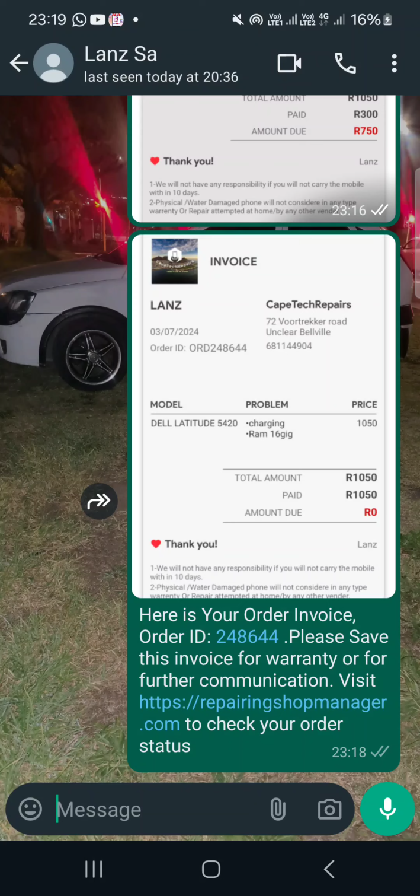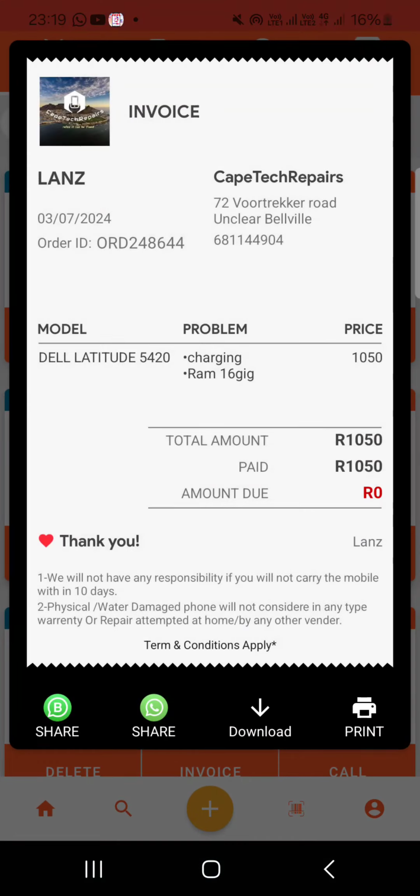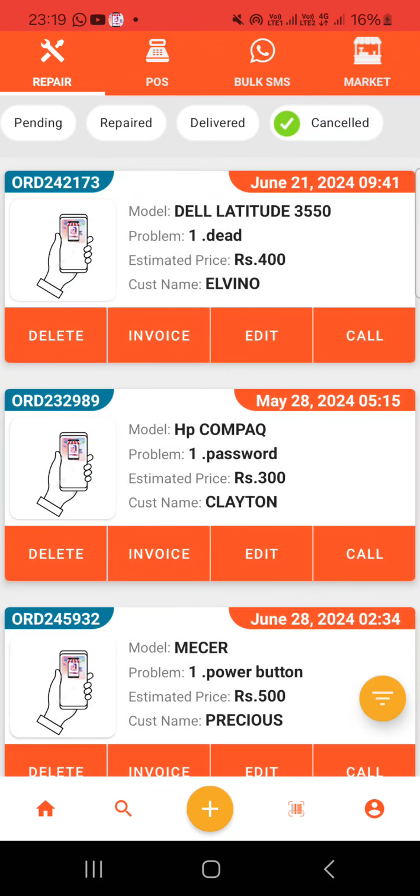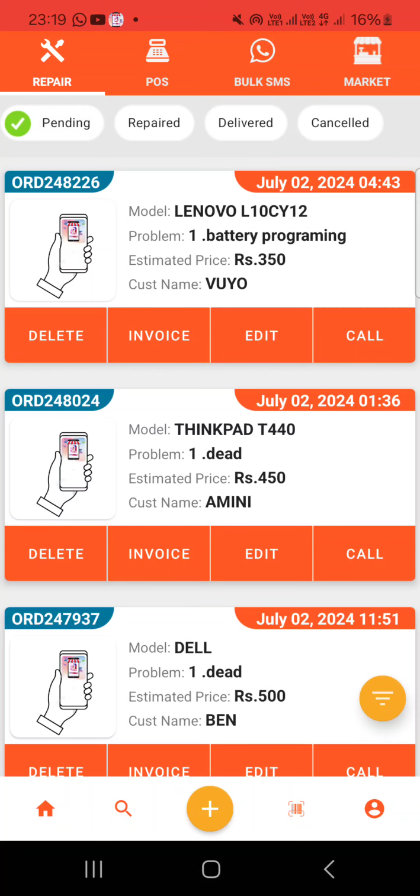This guy's managed to automate almost everything which a repairing shop can face. So that is basically it. And then there's the cancelled column as well. So that is basically it about